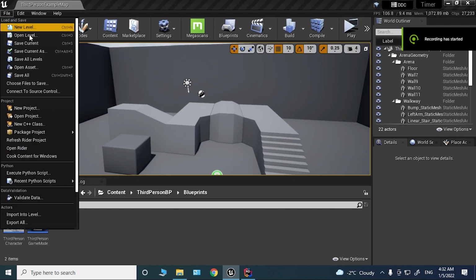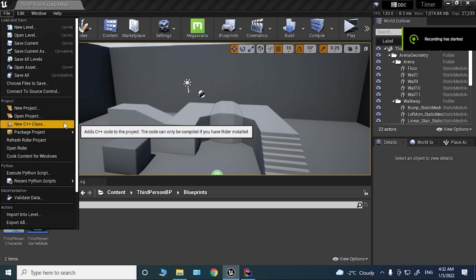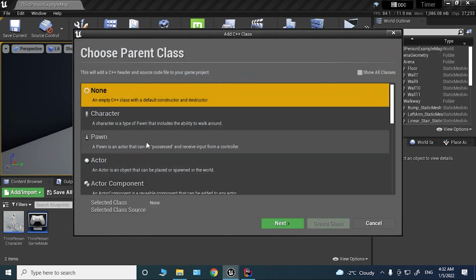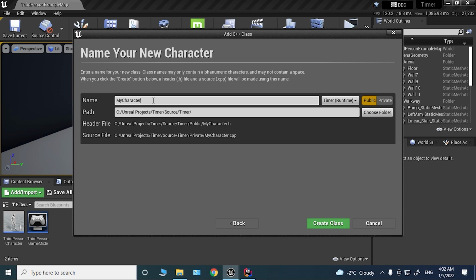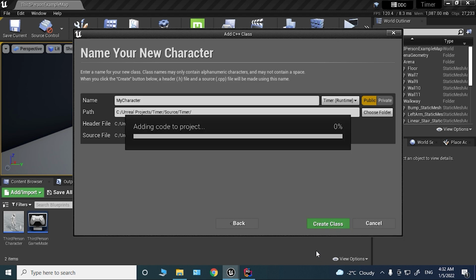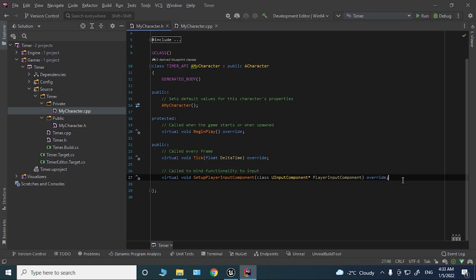Right, so the first thing we're going to need is a C++ class, and it's going to be a type character. So next, I'm just going to call this my character and click on this public private separator and create the class. Right, here is my header file for my character, and here we're gonna define a couple of functions. So it's gonna be void countdown,